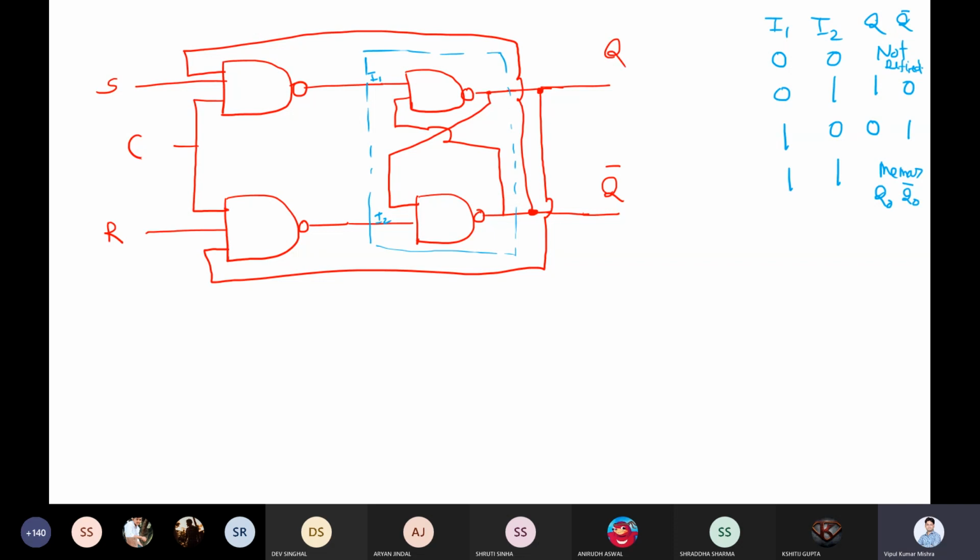Now let's look into the circuit. What exactly happened? First, let me start with 1, 1. This is also a NAND gate, and this is also a NAND gate. When will this NAND have output 0? In which condition do we have output 0?